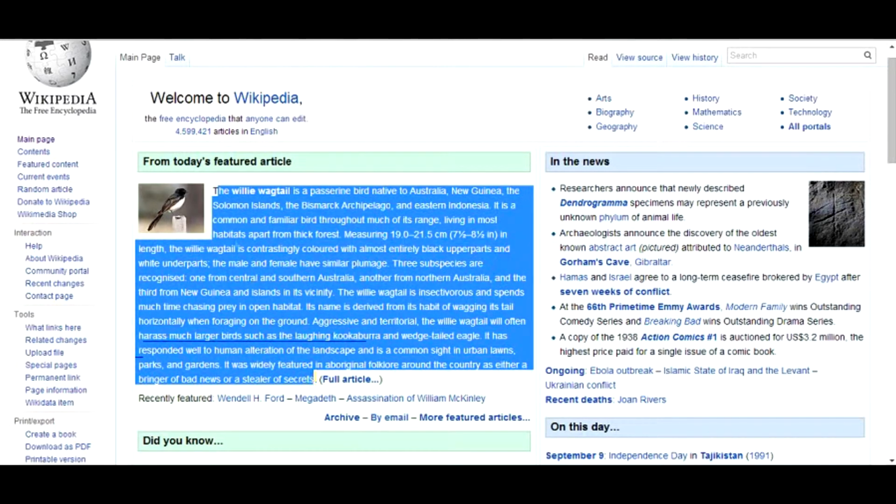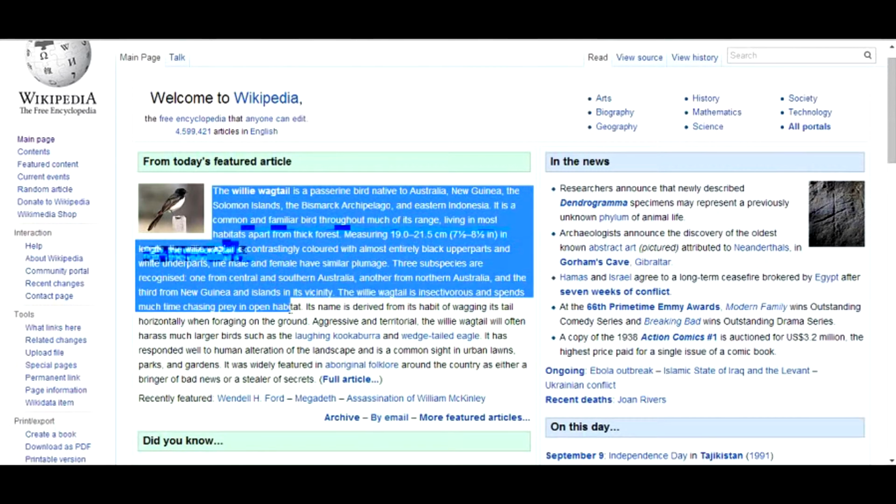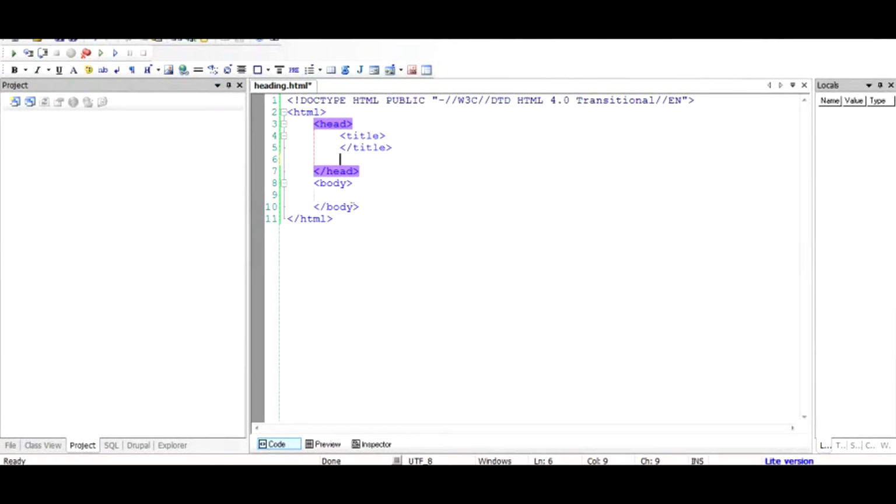It's just one big connected text, and if you want to separate it out into multiple paragraphs so that it becomes easier to read, how are we going to do that? And what else can we do with our paragraph tag? Let us see. I'll copy this into my HTML editor,